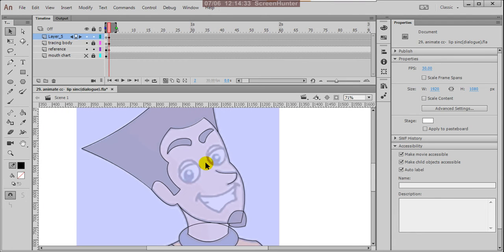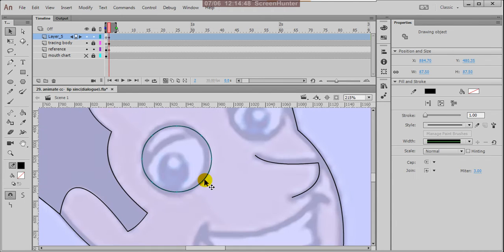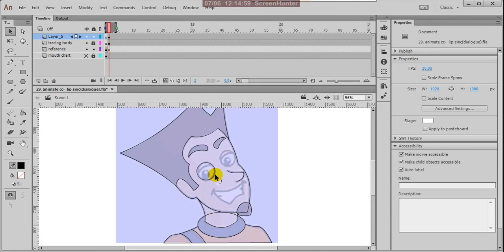what I'll do, I'll trace the eyes also. For that I'm using oval shape again. Okay, draw oval shape. Okay, and move this exactly on that. Okay, so this is nice.